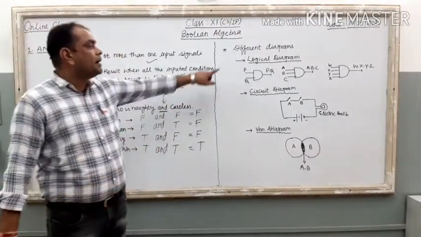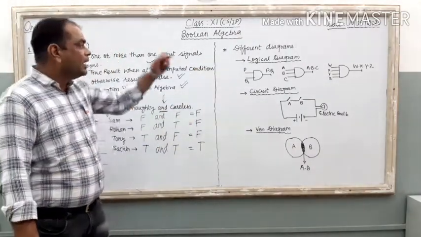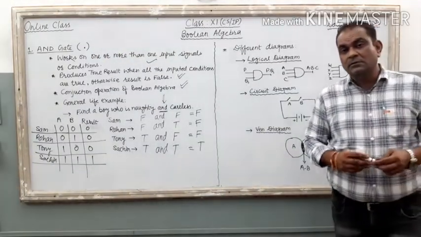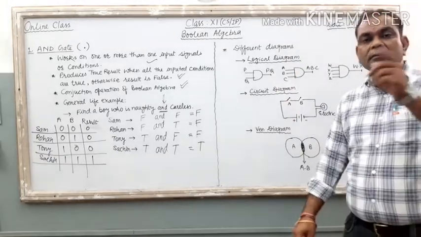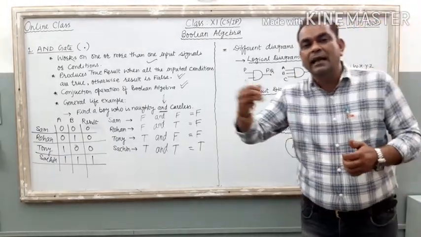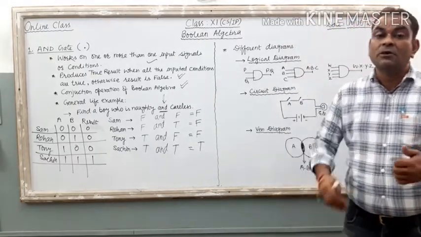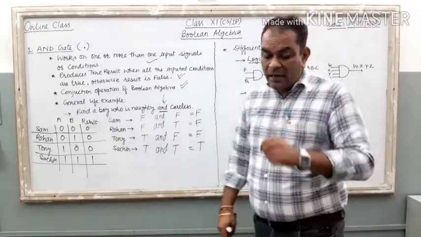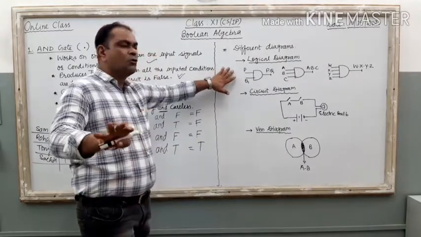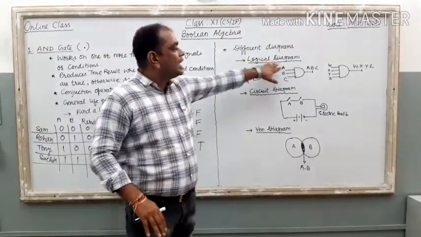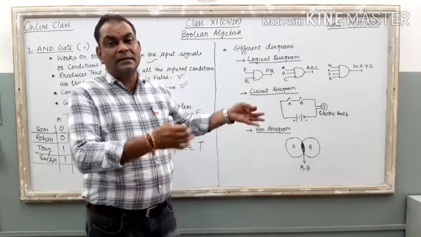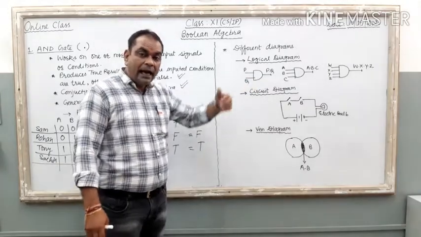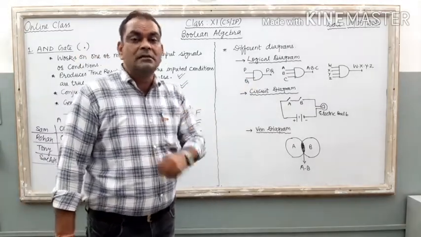Now come to the second part. This one. Here, in this part, there are 3 different diagrams of this AND gate. The first diagram is based on digital electronics. The second diagram is based on physics. And the third diagram is based on mathematics. Just try to understand the concept. If you want to draw the logical diagram of AND gate, it is very simple. We discussed already in the previous video also. Just draw the capital D and ask how many input signals are there.